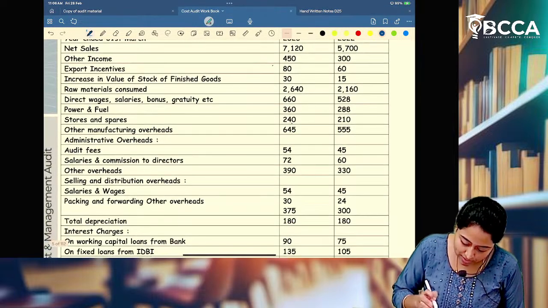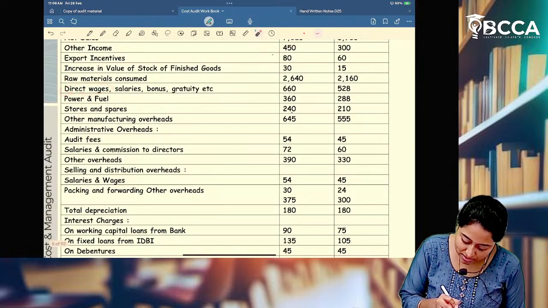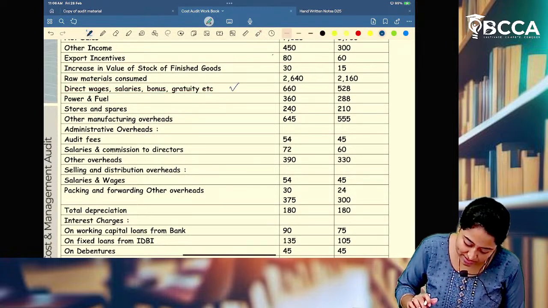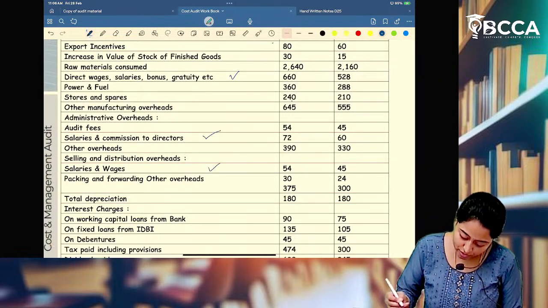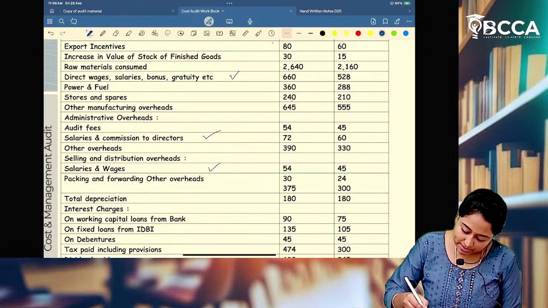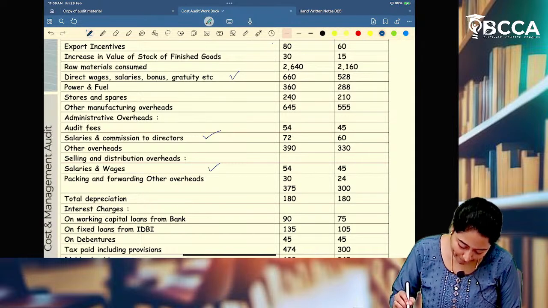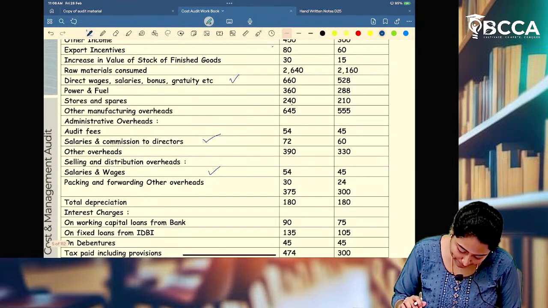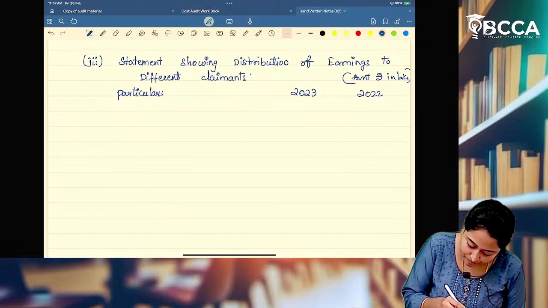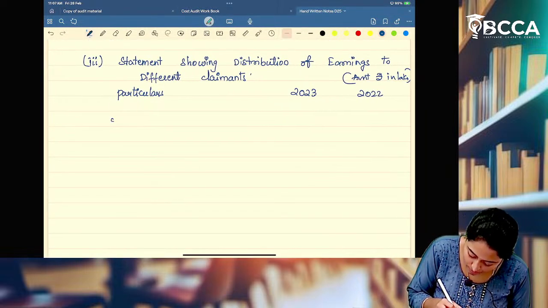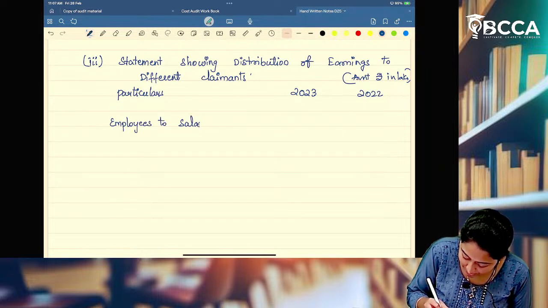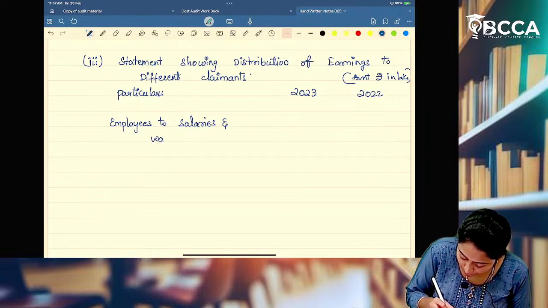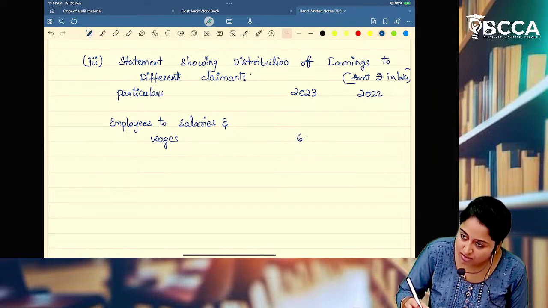First, we'll give it to salaries. So direct wages, this is 1. Do the total. Salaries, this is 1. And then we have salaries and commission to director. And then we have salaries and wages. 660 plus 72 plus 54, 780. So employees as salaries and wages. How much is it? 676 and